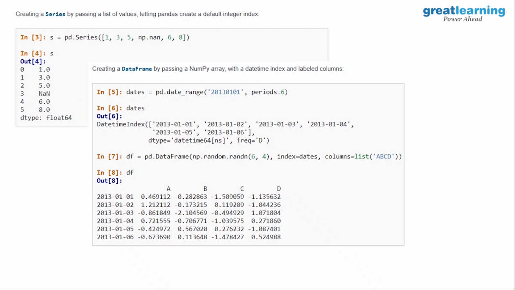Some random numbers it will generate, a 6 by 4 matrix it will create. So it's randn, not just rand. randn means normalized data. What is normalized data? We discussed yesterday at a very high level: 0 mean and standard deviation of 1. So it will create some random numbers, floats only.